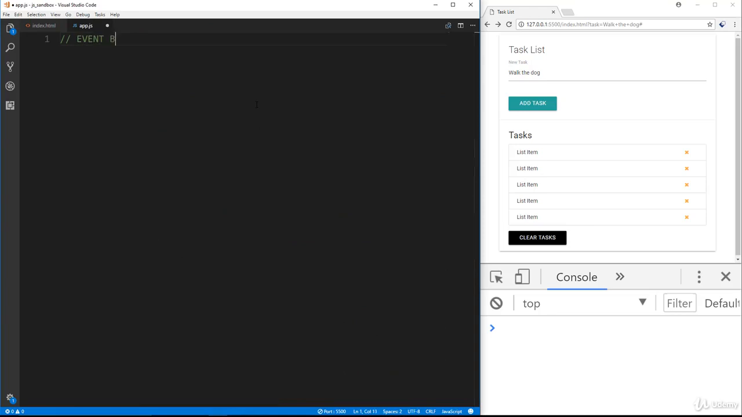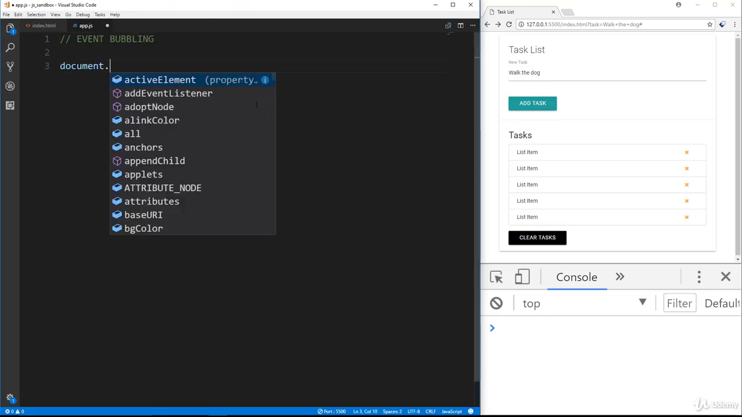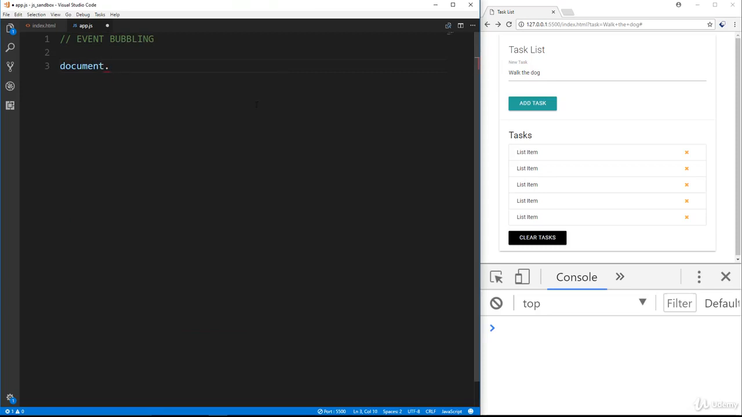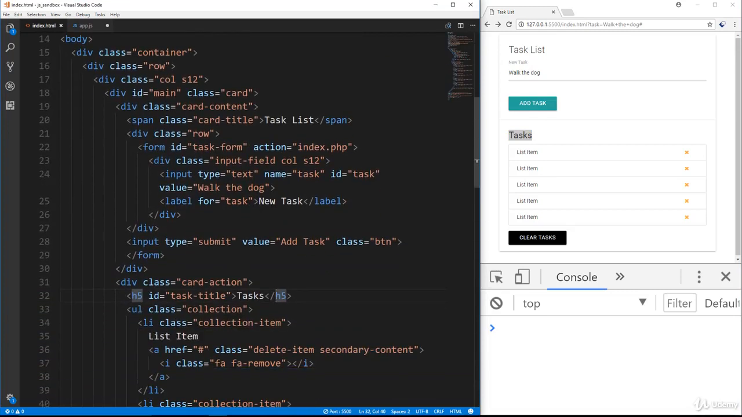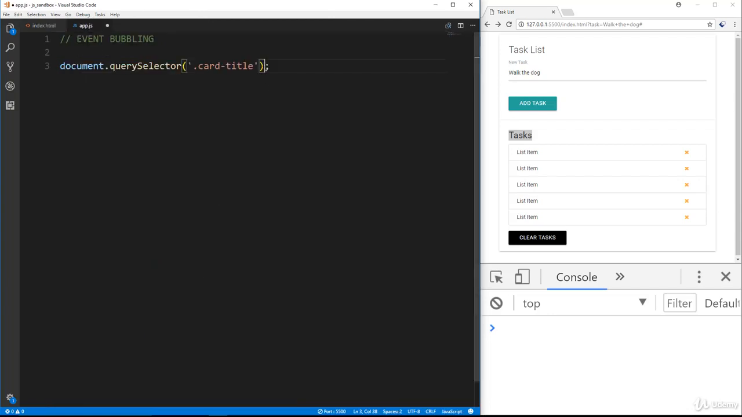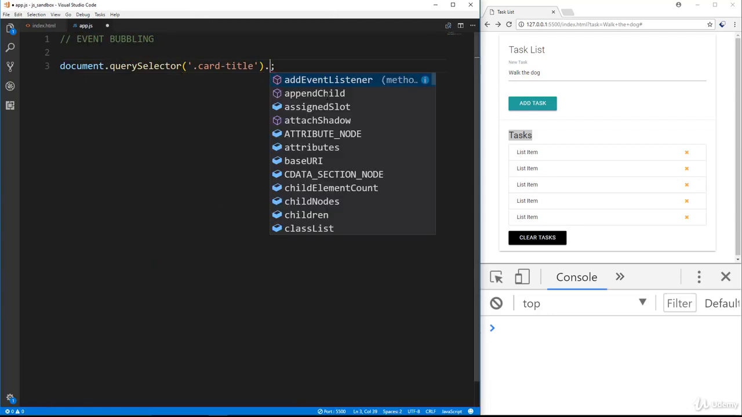Let's say event bubbling, and what I'm going to do is say document dot query selector, and we're going to grab the card title class. Okay, which is this, right? Yeah, I think is it this or that? Card title is, yeah, task list. It's this right here. So what I'm going to do is add an event listener